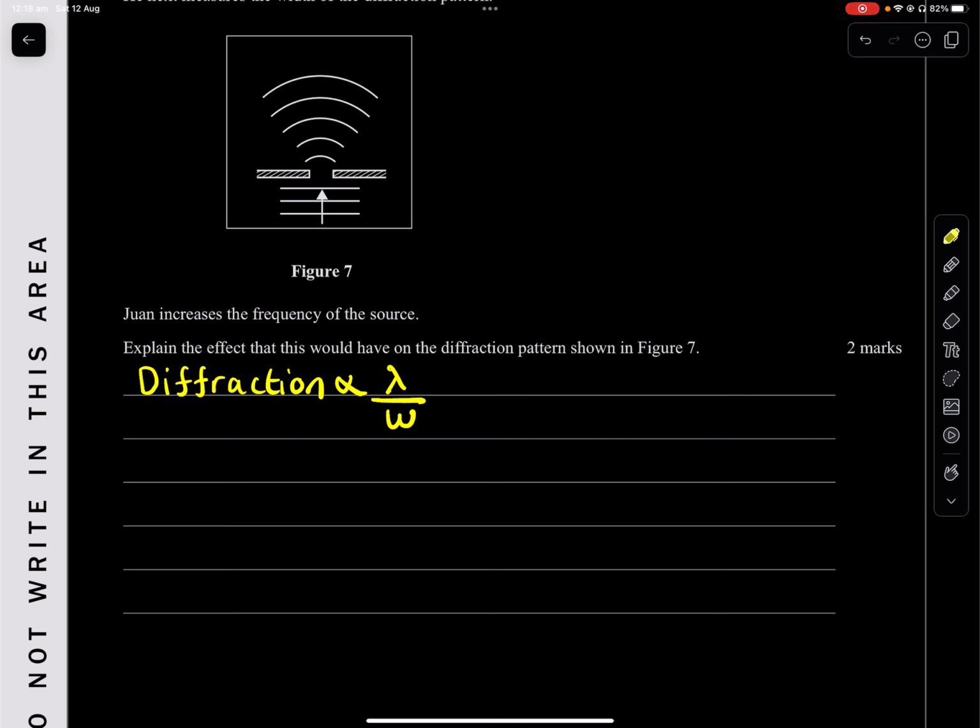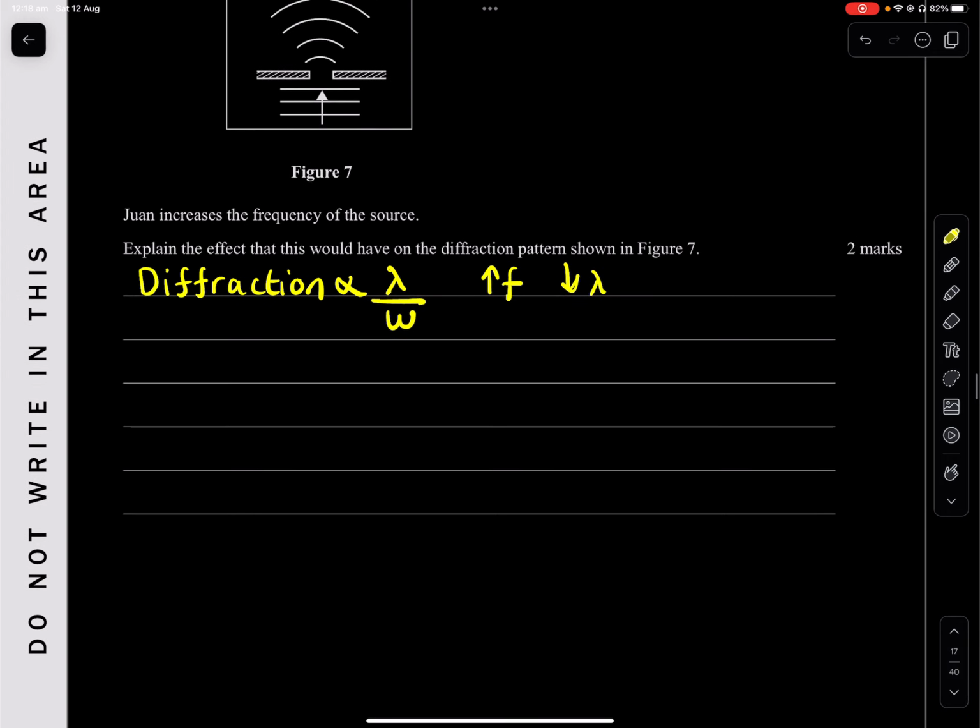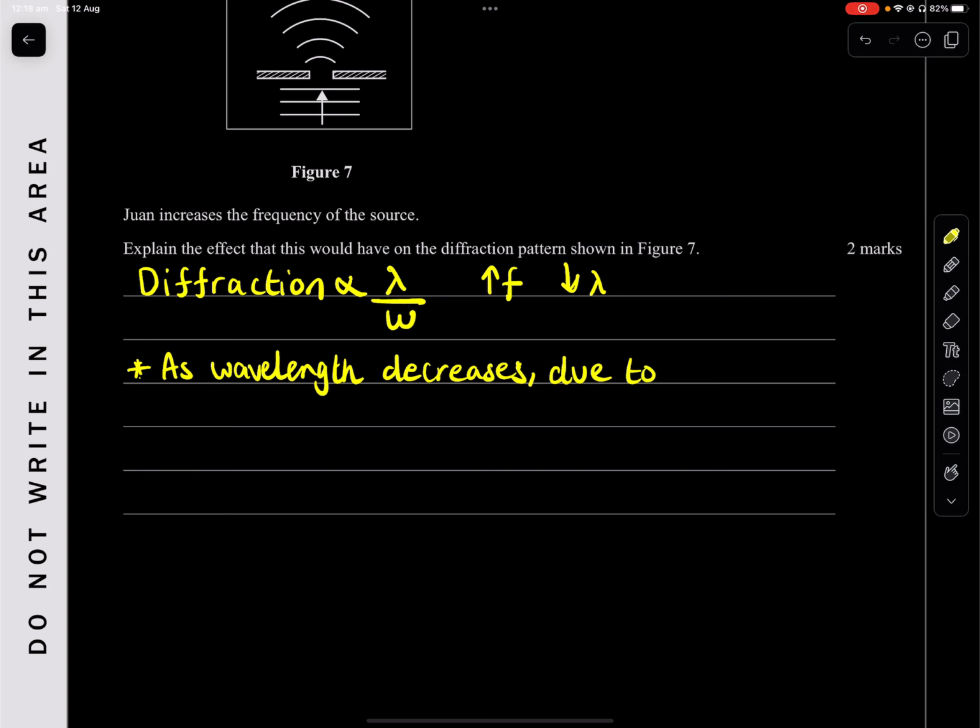Juan increases the frequency, and if frequency is increased, your wavelength decreases. So we can say as the wavelength decreases due to the frequency increasing,